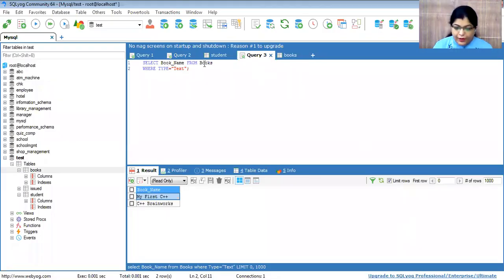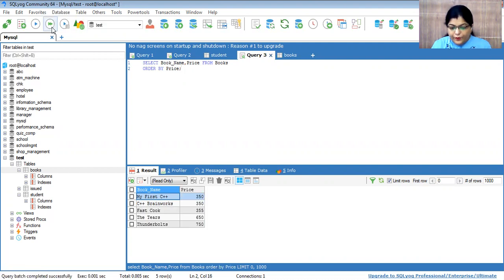Okay, come to the software now. Select book underscore name, comma, price from books where, there is no condition, so we have to write order by price. See, order by price means they are giving it in ascending order.